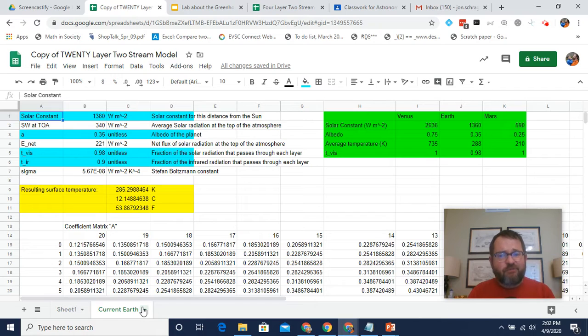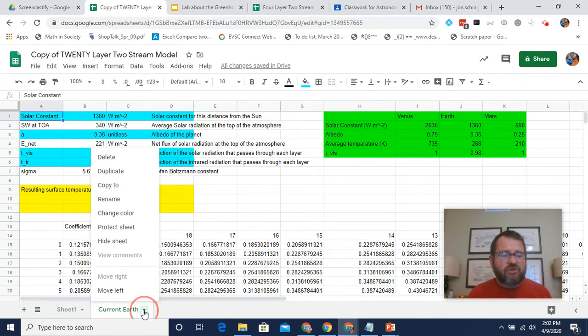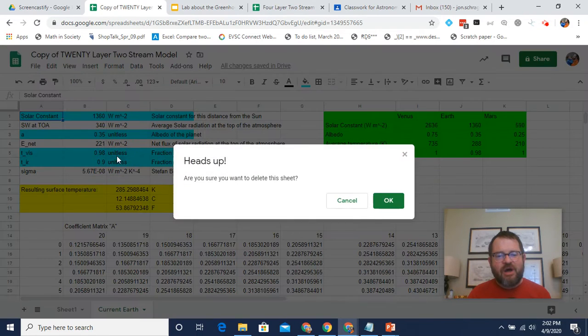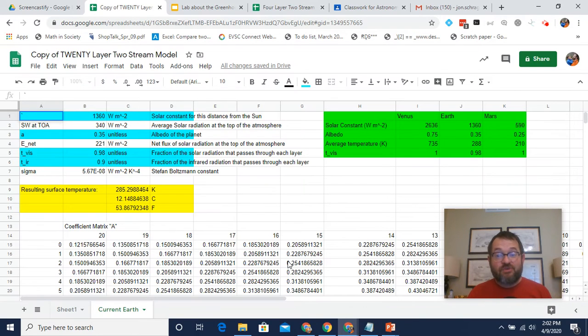Hey, I do want to steer you clear of one mistake that I have made more times in my life than I care to admit. When you go to duplicate a tab, be careful because delete the sheet is right there next to it, and there is no undo. It warns you, heads up, are you sure you mean to delete this sheet? But if you're just sort of going fast and think, oh, it's asking me before I duplicate it, I guess okay, there is no undo when you delete